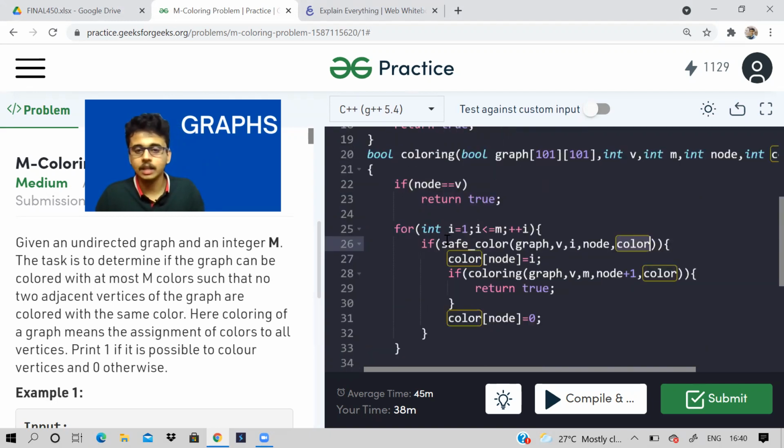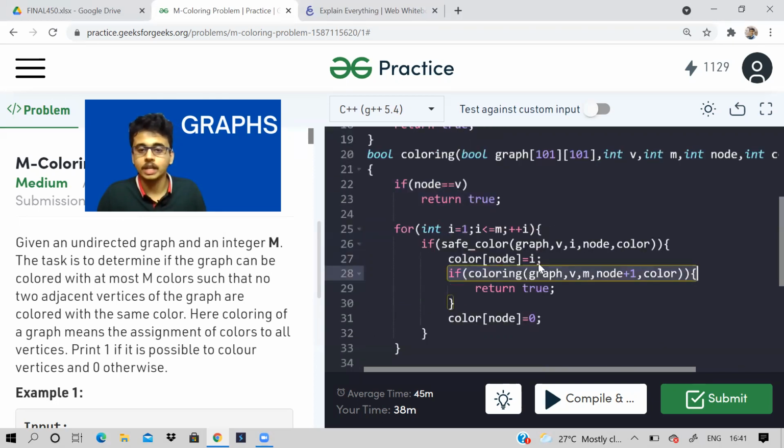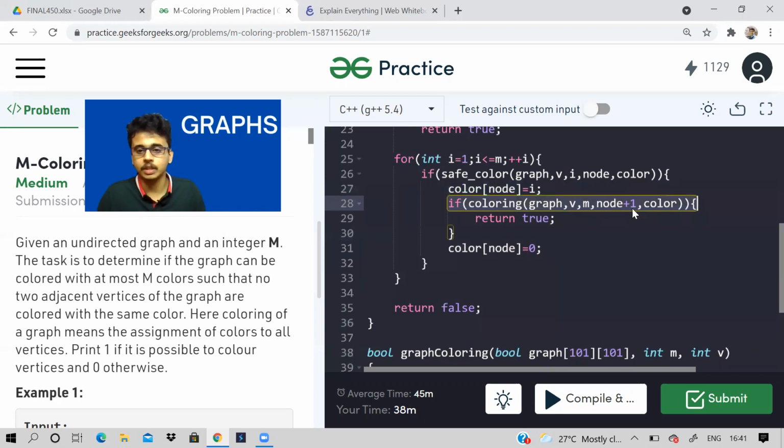So if I can color the current node with color i, then I'm going to mark in the color array color of node equal to i. That means that particular vertex or node can be colored with color number i. Then again, I'm going to recursively call the coloring function, this time with node plus 1.